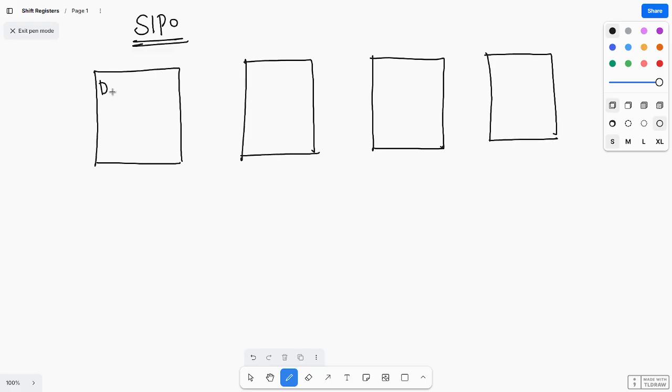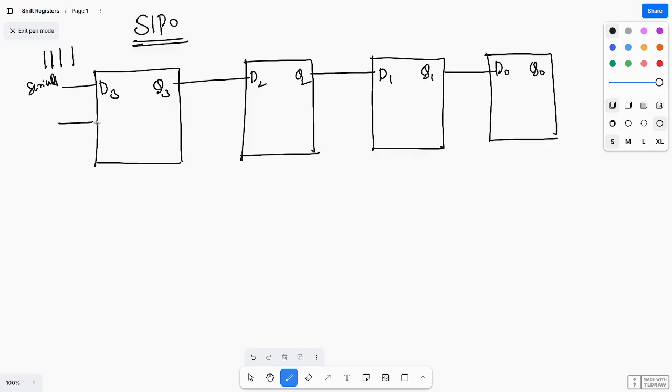So this is D3, Q3, D2, Q2, D1, Q1, and D0, Q0. This is connected like this. Loading of the data will be done serially. Let us take the same data, and whatever the shifting operation is there, that is